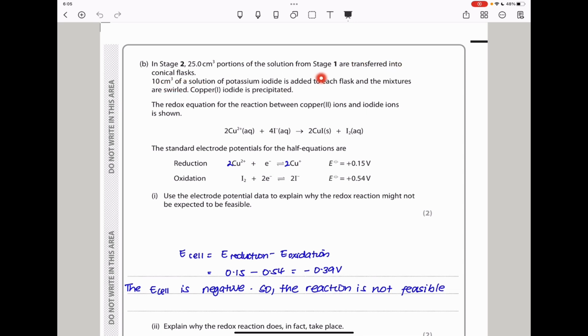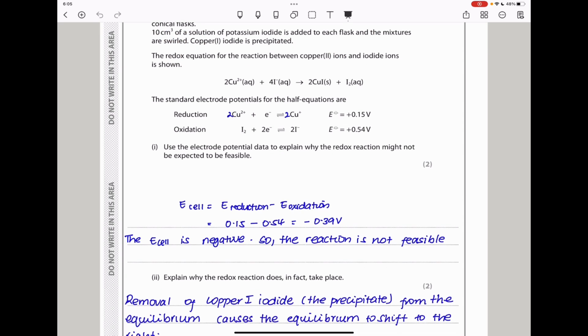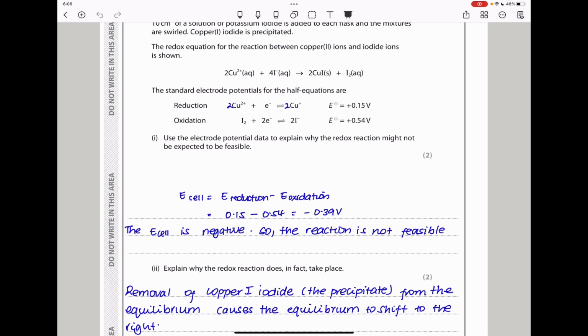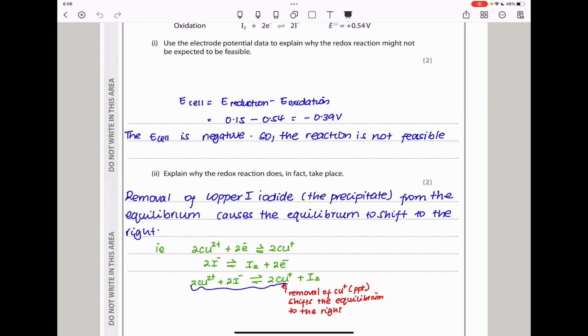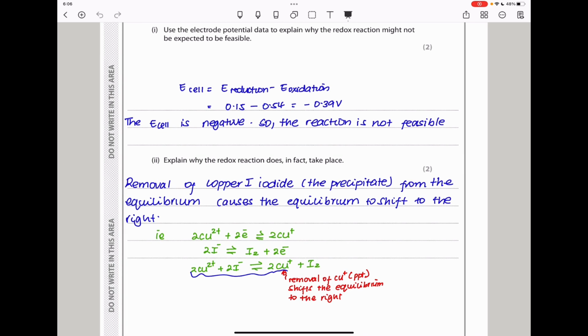Okay. Let me see. Mixtures. The redox equation is like that. If you go through some of these notes, there is somewhere they've mentioned that the copper 1 ions were removed, or the precipitate was removed before the next step was carried out. Please look through carefully. They talked about that. So removing of these copper 1 ions, it means